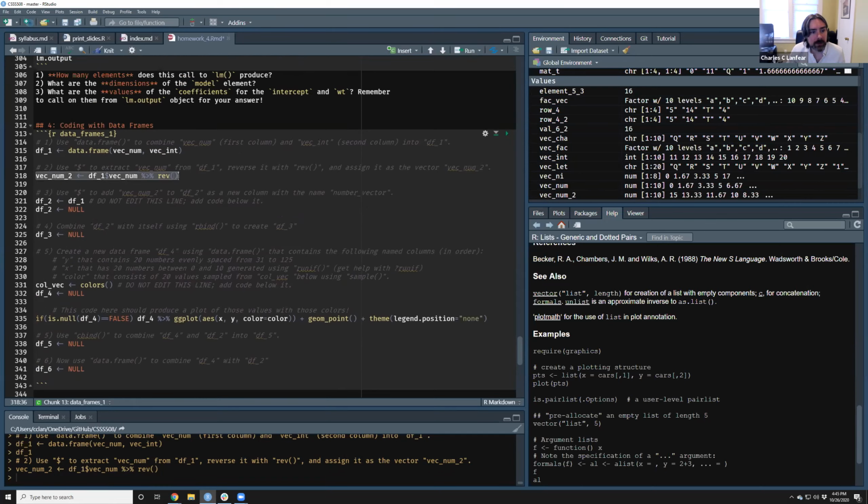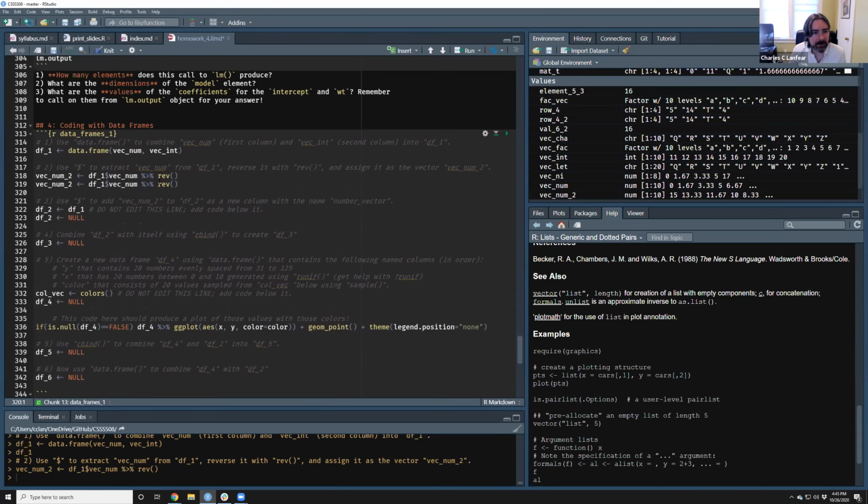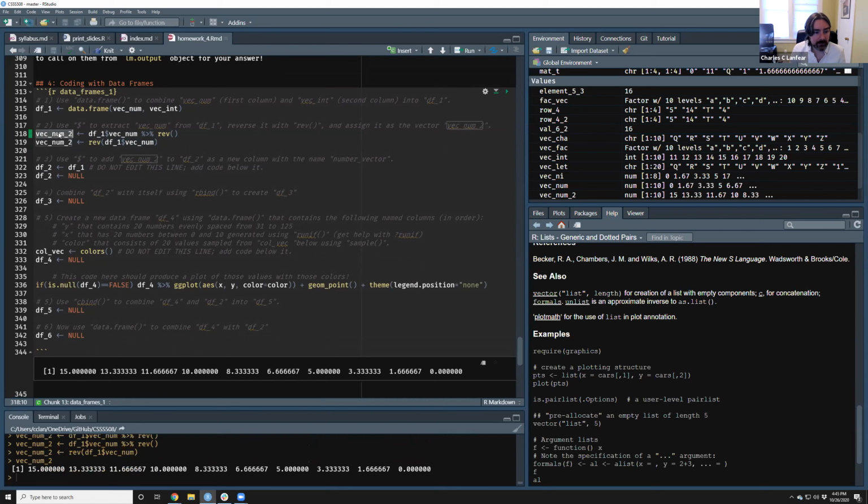That's sort of a tidyverse style piping operation. An equivalent way to do this would be to say, reverse it like that. These are completely equivalent. So do whatever makes sense to you. I tend to only pipe if I'm going to do multiple pipes, but they are exactly equivalent statements. This one says we're going to take data frame 1, extract vecnum, and then reverse it. It reads inside out, so it's less convenient than the one above it, but it's more conventional R syntax. Either way, you're going to get vecnum looking like that.